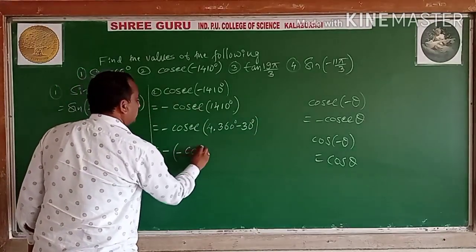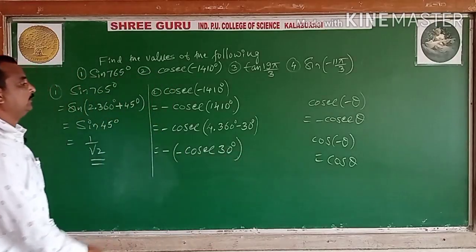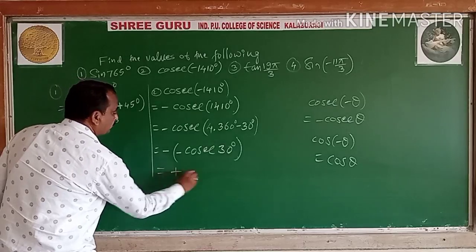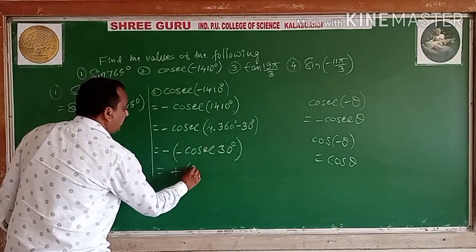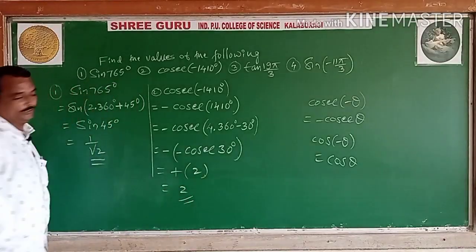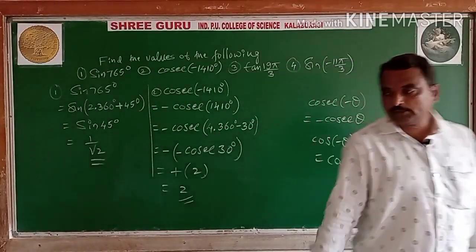Negative it is. Let us take the minus out. What is the angle here? It is an acute angle; we are converting in terms of an acute angle, 30 degrees, in terms of a standard angle. So this minus of minus becomes plus. What is the cosecant 30 degree value? Cosecant 30 degree value is 2. So what is the final answer? 2 it is. You may calculate any value here using the allied angles.